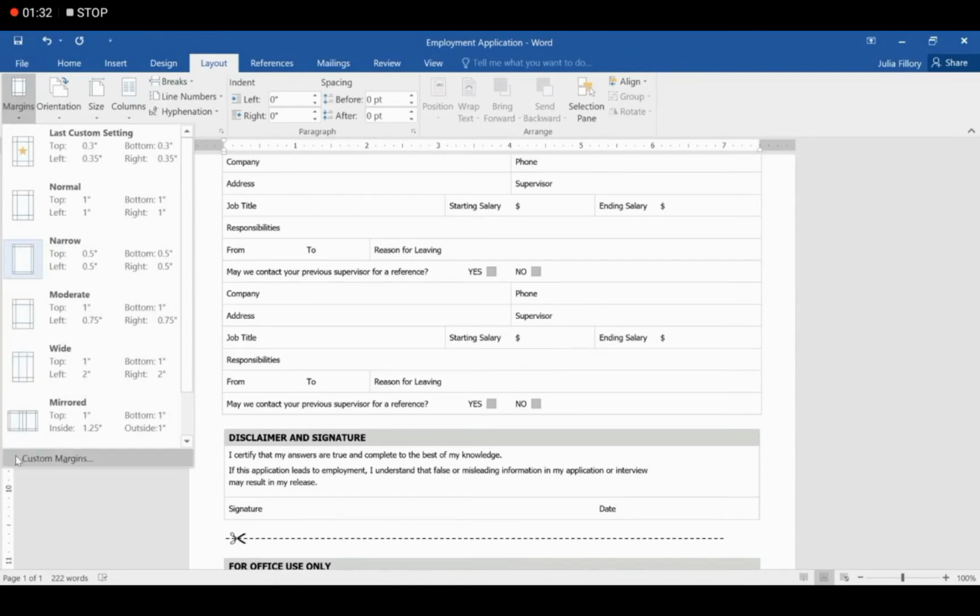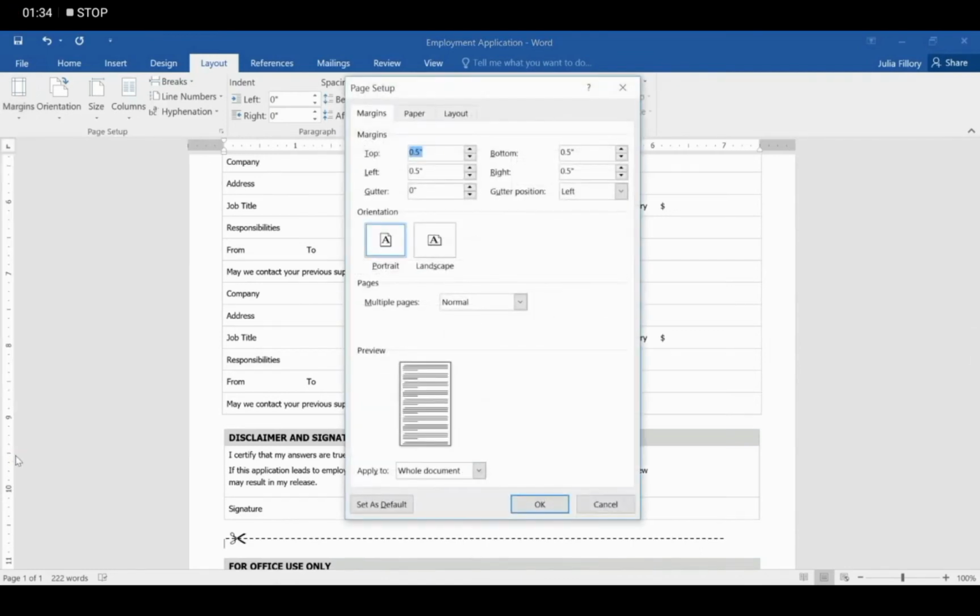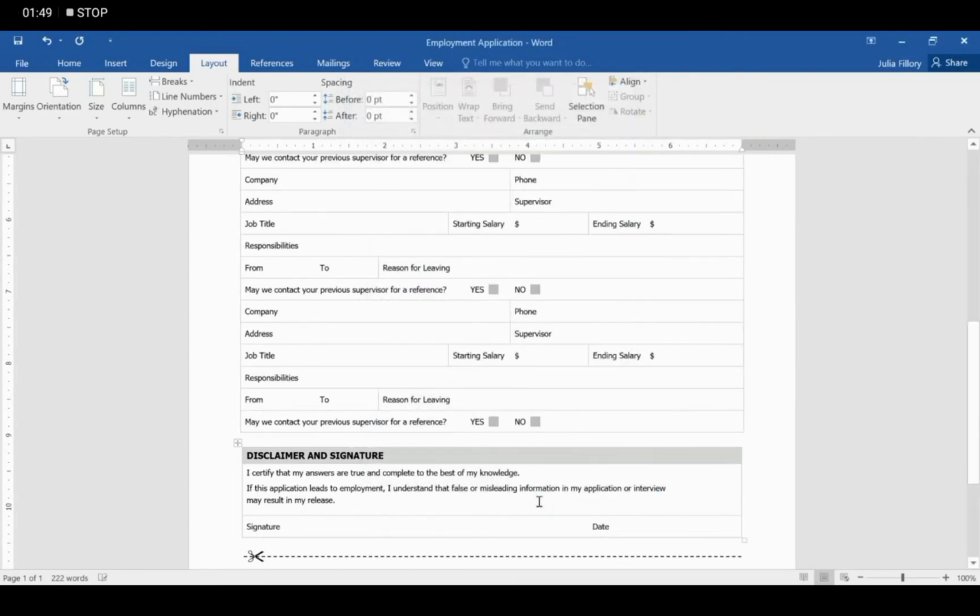There is the option of custom margin. You can select any custom margin as per your need. I am going to fill the same margin in all the options, like 0.75 in all four boxes. Now you will see the difference. Click OK. Now the space on left, right, top and bottom are the same. So this is a very useful feature by which you can change some layout settings in your document.